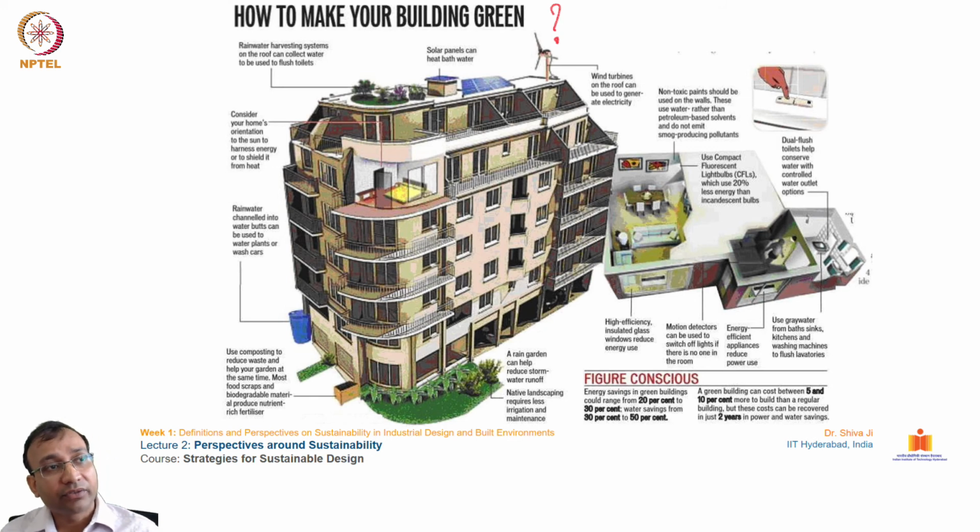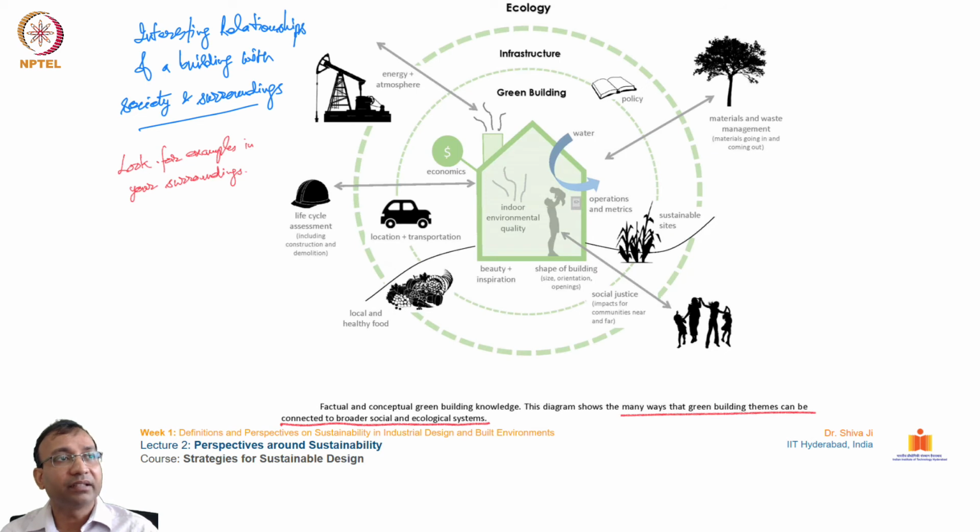And of course thermal insulation, allowing plentiful natural light inside the spaces, using energy efficient luminaires and other electrical appliances. So you can see there are efforts being made even in the interiors, in the energy consumption part, and even non-toxic materials and substances, so that there are no VOCs, volatile organic compounds, emissions of gases and fumes inside the interiors, which would hamper overall human comfort and well-being. So these are a few, there are several more. You can explore more. We'll be talking more of these in the coming slides.